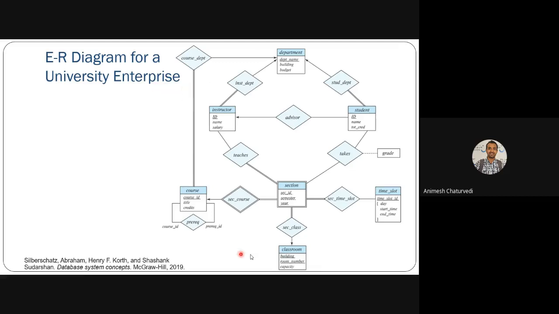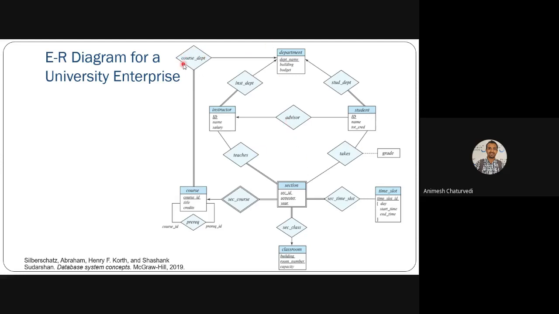As I told, this is a kind of model. ER diagram is a kind of model that we are going to see in the next part. So there is significant overlap between system design, system architecture, and system modeling. We are seeing this ER diagram over here in the system design, and we'll see system modeling later.